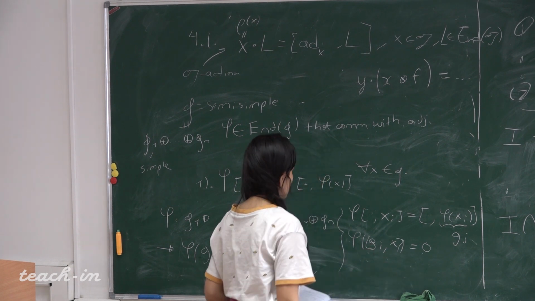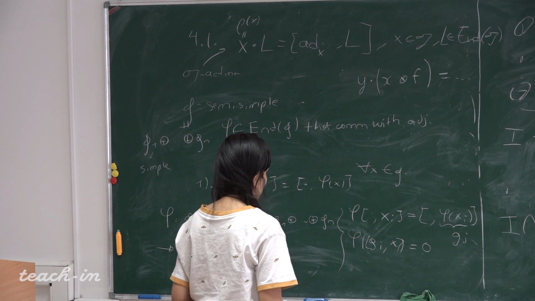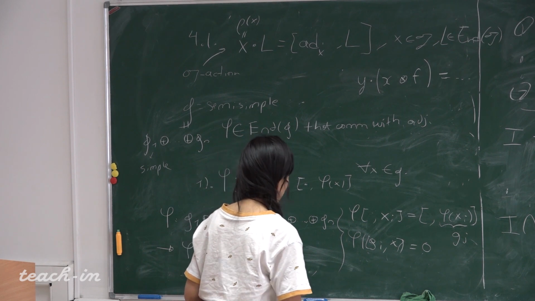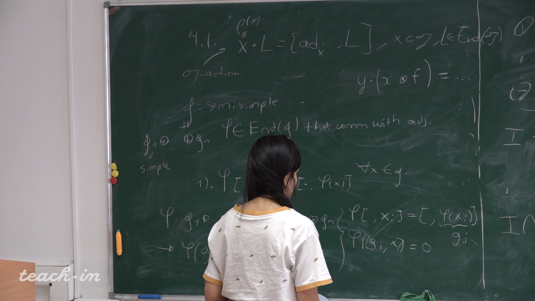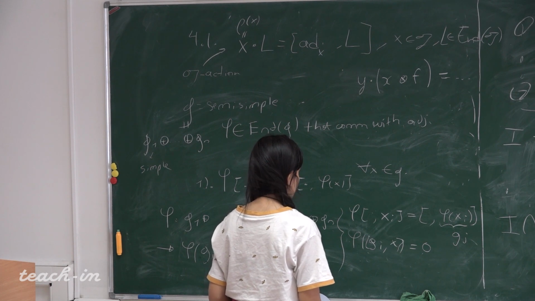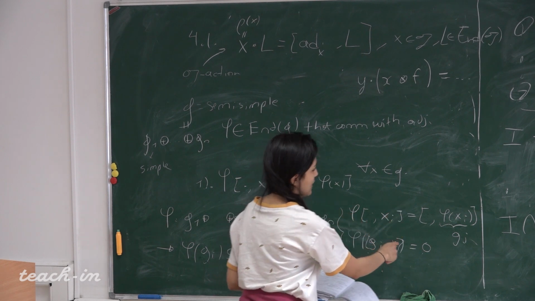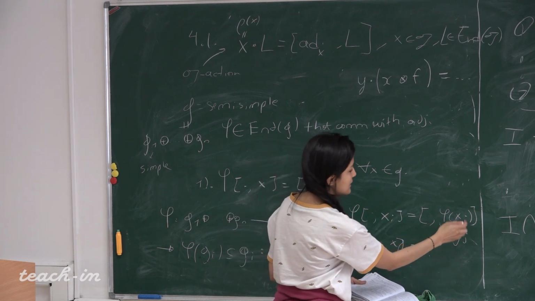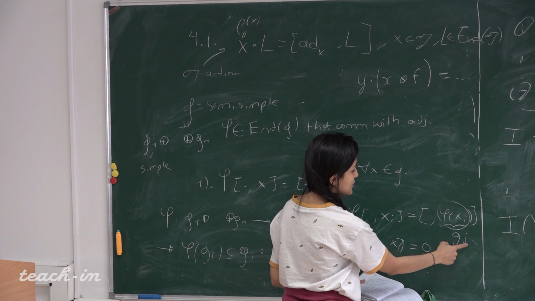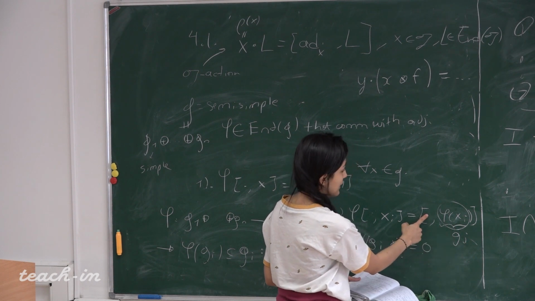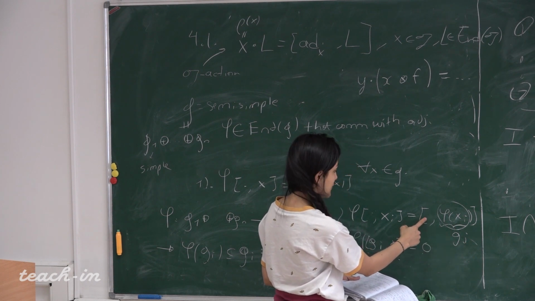So the thing is, then what you will have. Okay, so you look here. This element is in Gj, and for any element in